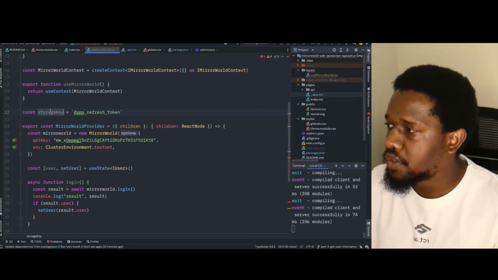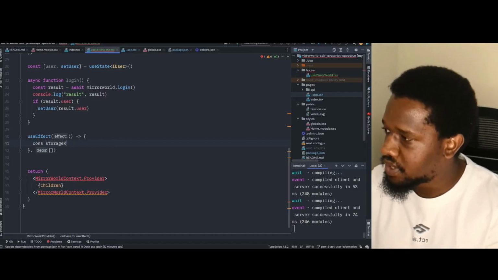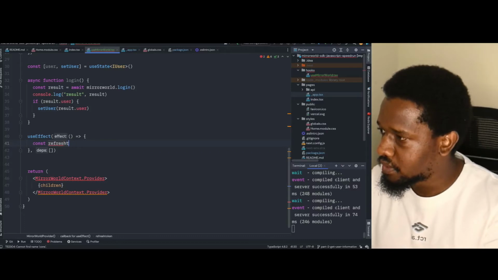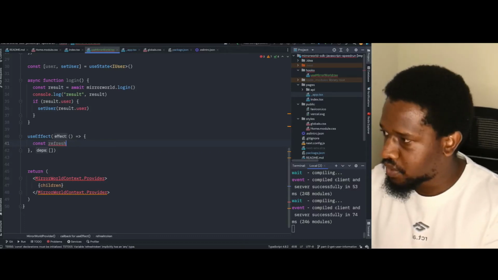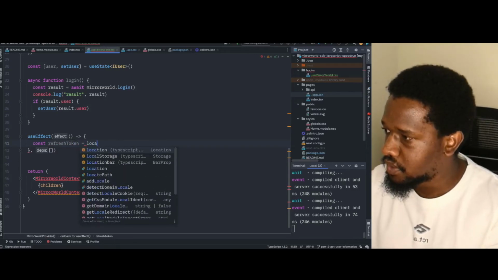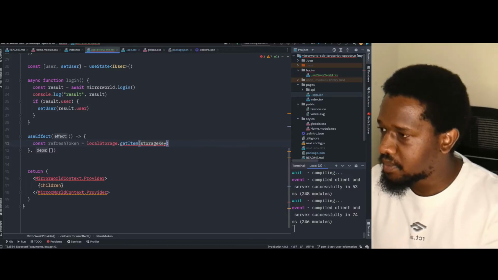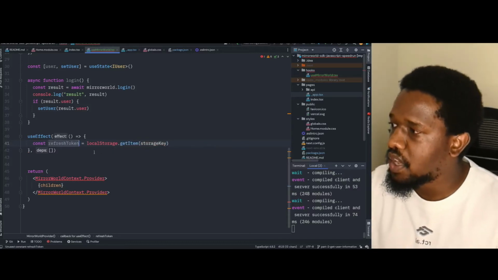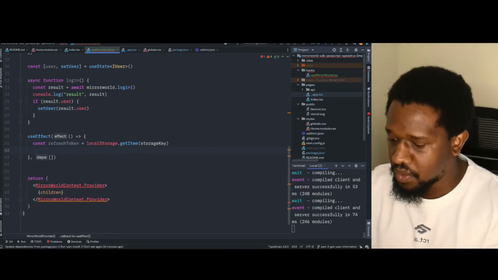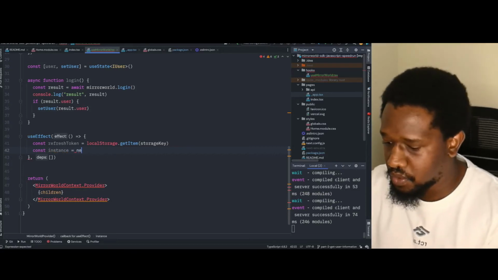Whenever the user logs in, we will use the storage key to store it in local storage. So I'll say here const refreshToken is equal to localStorage.getItem, and this will be the storage key. If this storage key exists, we'll then create a new instance from the Mirror World. So I'll say const instance will be equal to new MirrorWorld,